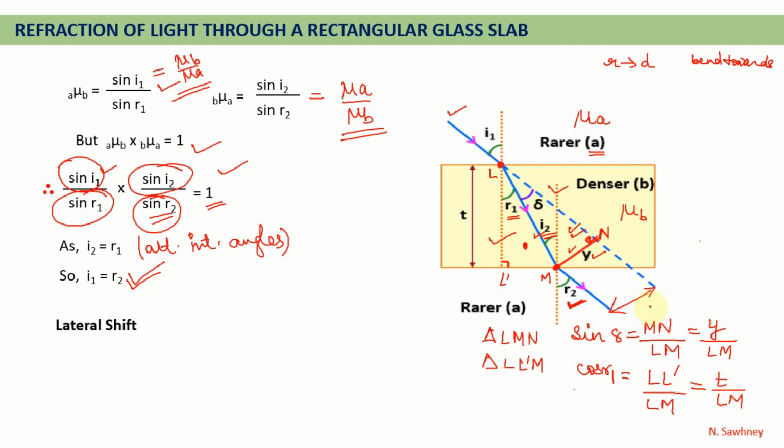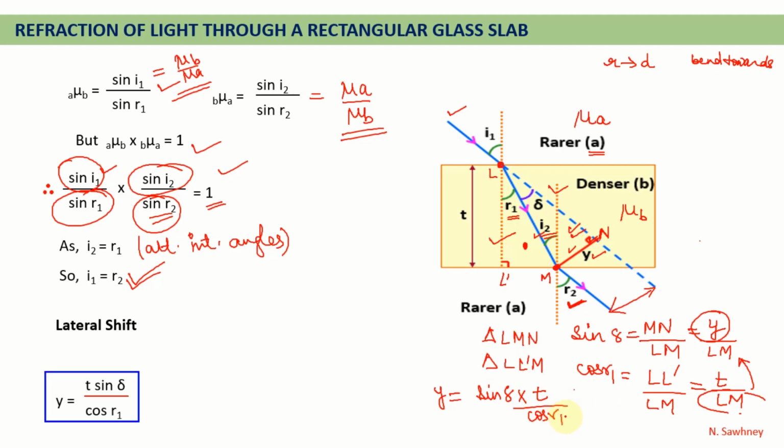Now, in order to find this lateral shift y, I will put LM from here in the above expression. y will be equal to sin delta into LM, and LM we have just calculated as t upon cos r1. So we can write down the lateral shift as t into sin delta upon cos r1,